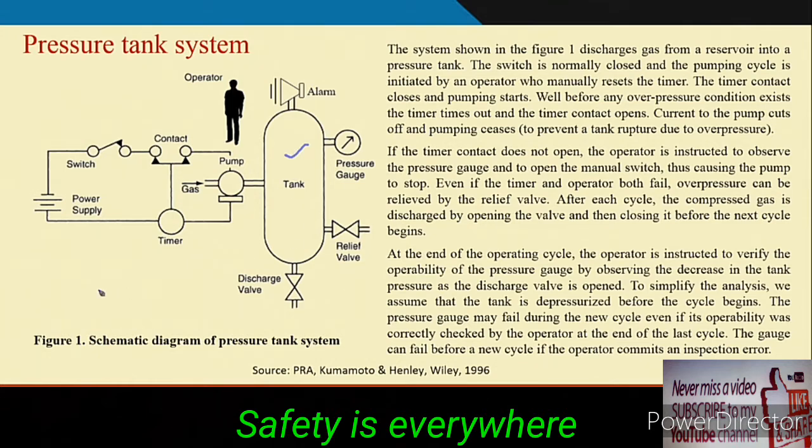In between, there are different things that can happen. One is that the timer will fail, and electricity to the pump will be supplied for more than the desired time, so the pump will overrun, and pump overrun leads to overpressure. Under overpressure condition, the alarm may work, may not work. If the alarm works, the operator may come and see the pressure gauge, or may be delayed. So many things can happen, negative or positive, but mostly we will be concentrating on the negative things. So, this is what we have already discussed and you know this.